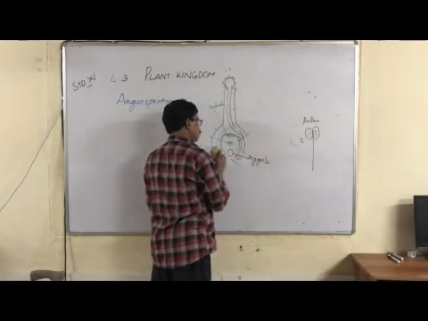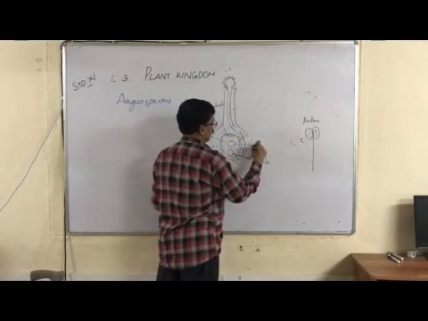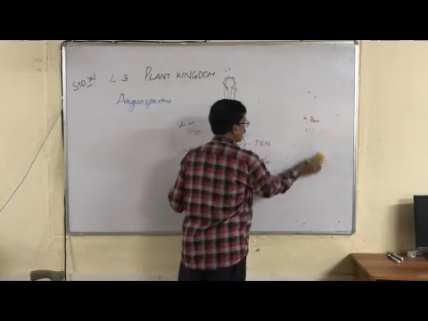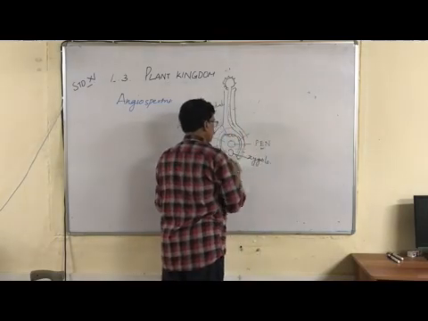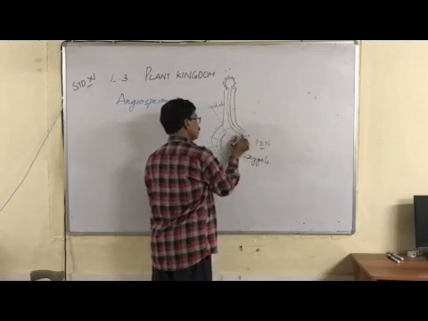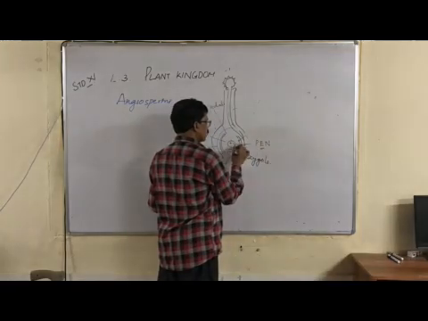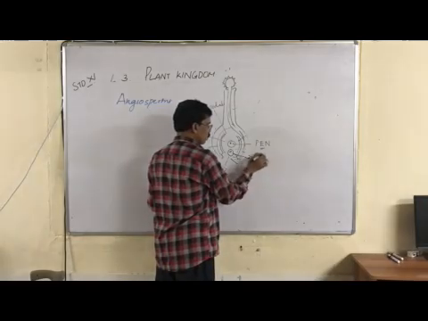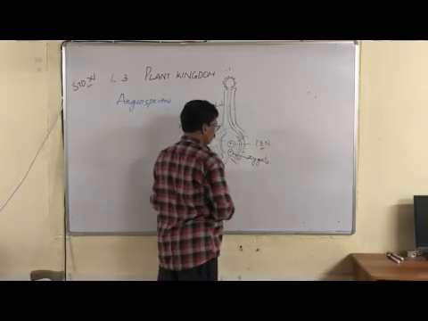And the second male gamete fuses with the polar nucleus to form the primary endosperm nucleus. That is the endosperm. So after fertilization, we can see the zygote is formed and the primary endosperm nucleus. One male gamete fuses with the egg to form the zygote. The second male gamete fuses with the polar nucleus to form the primary endosperm nucleus.